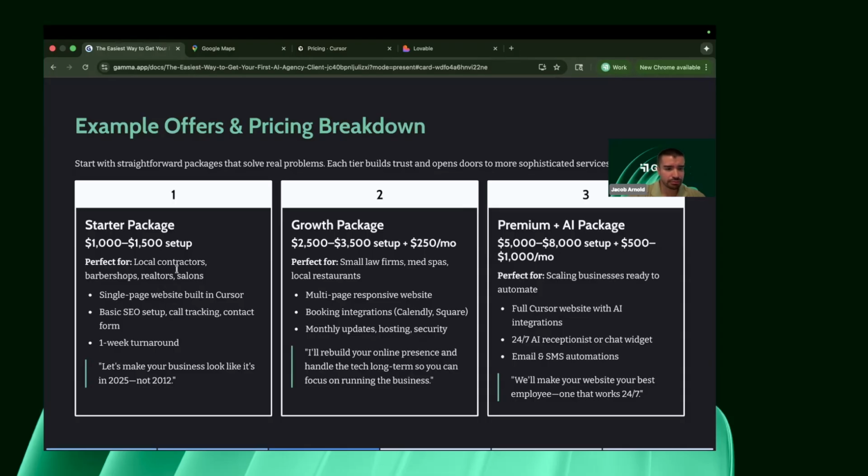So the first package is going to be great for those HVAC companies, any local contractor, barbershops, realtors, salons. Super, super, super simple. We're going to go through a live example right after this. The growth package is going to be more for a small firm, a med spa, or a local restaurant. So if we go from a law firm,